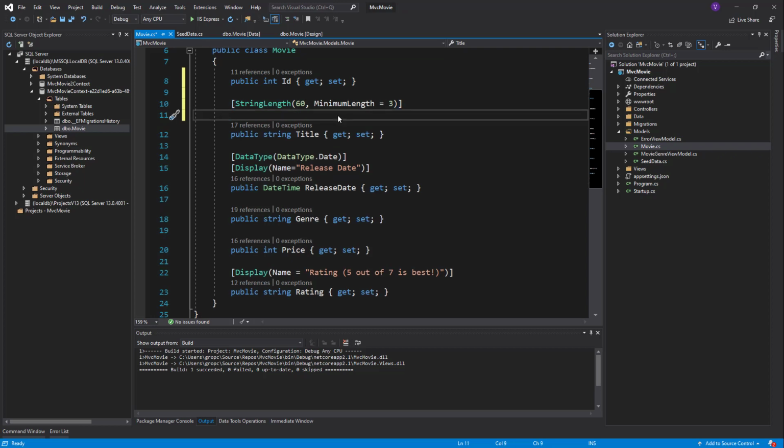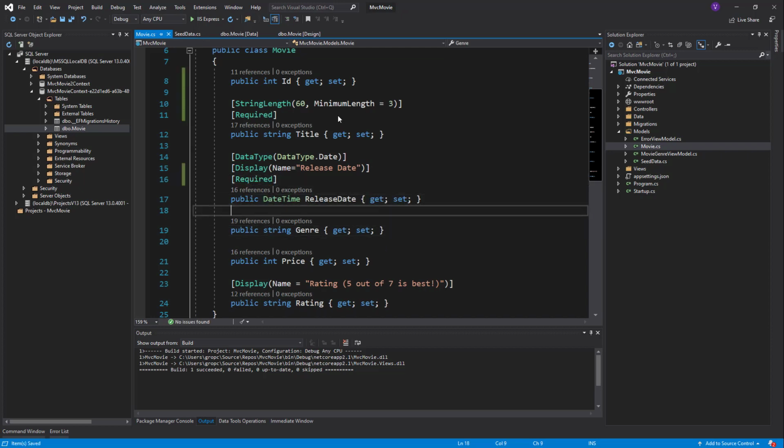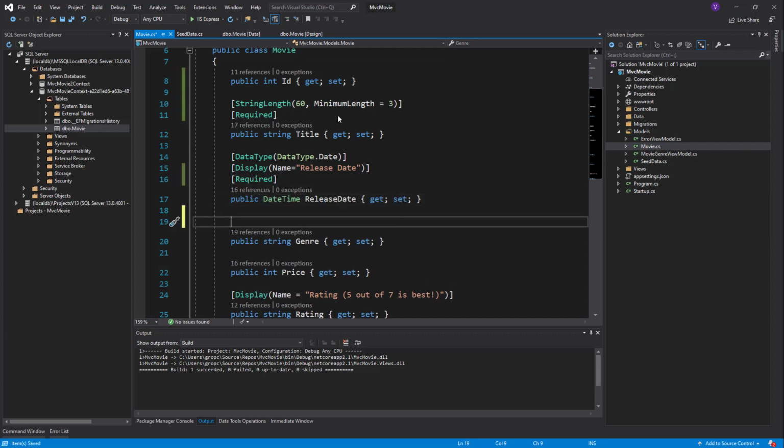So is this enough? We can also write that it is required. Being required means actually the post will not let it continue without writing something out there. Okay, data type date is quite okay with release date, this is actually pretty good. Yeah, let's make it also required and continue further. For the genre, okay, genre would be required, of course,